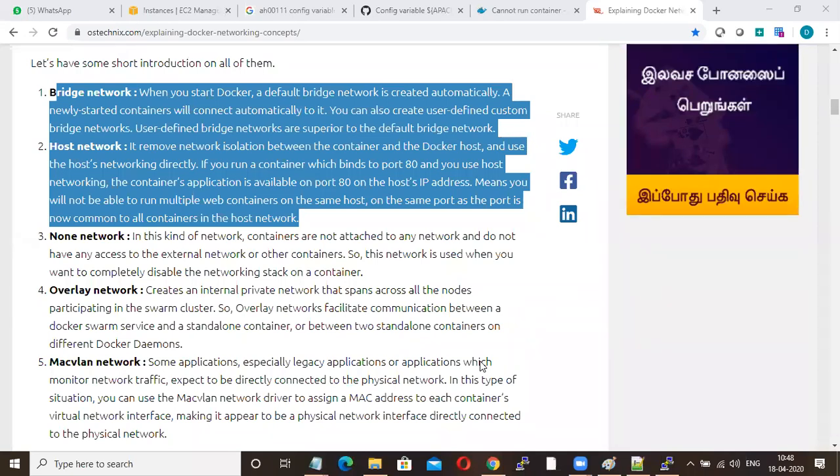See, if you go for bridge network, host is nothing but your Ubuntu machine. Container, you know it, right? If you go for bridge network, there will be complete isolation between your host and container. Containers will have different IPs, so you can launch n number of services with the same port number itself, that is with 80. Whereas if you go for host network, then you are directly communicating to the host IP address, so you cannot launch multiple containers with the same port on the host. You understood or not?